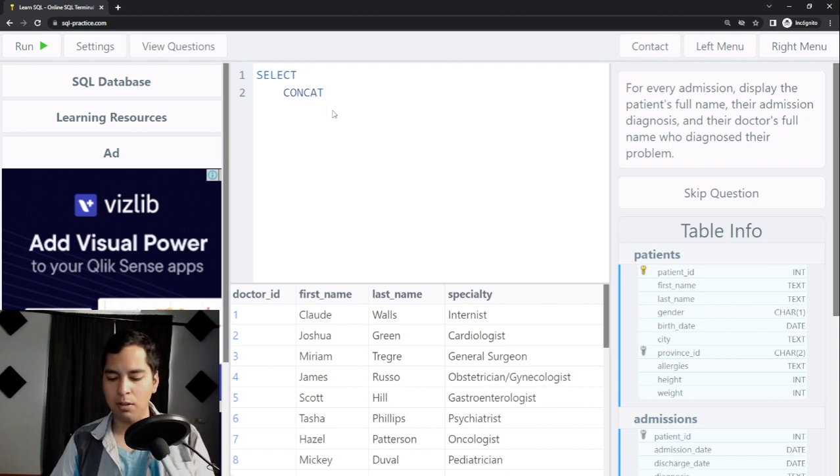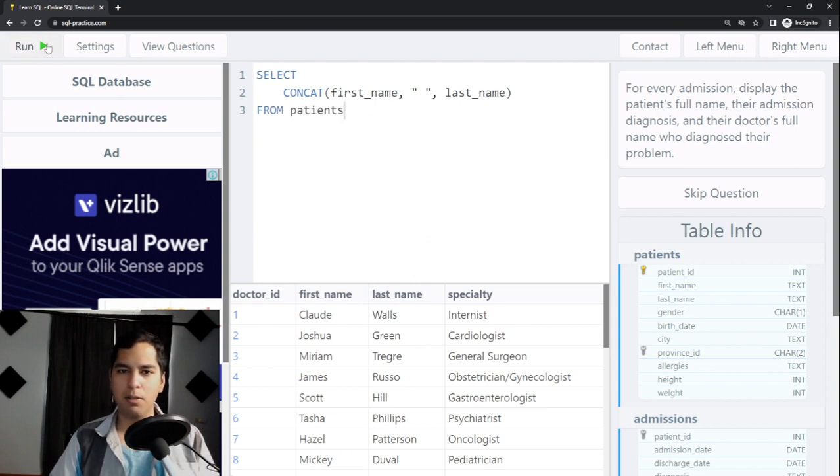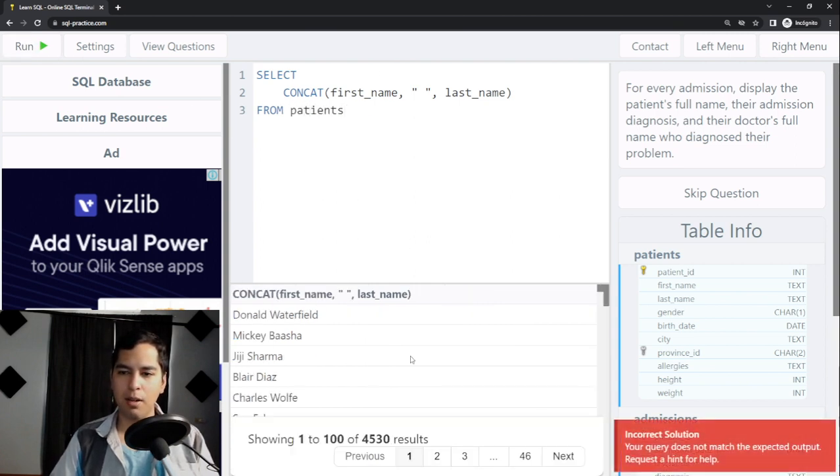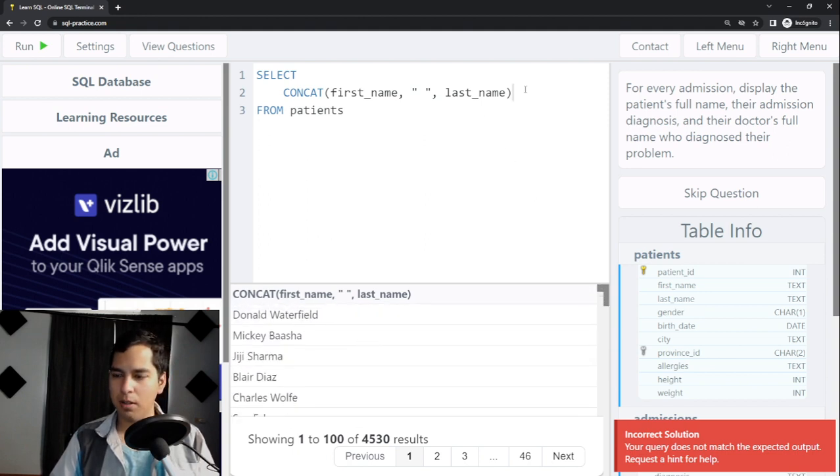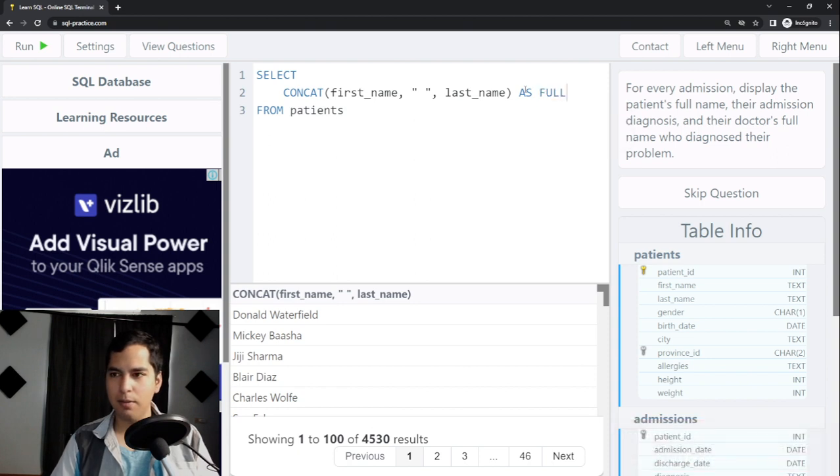I'm going to be using the concat function, and inside parentheses I'm going to type first name, comma, and space inside double quotes, and last name. Okay, so that's going to give me the full name. So if I just do this and if I run the query, I will get the full name. I can give an alias as full name,